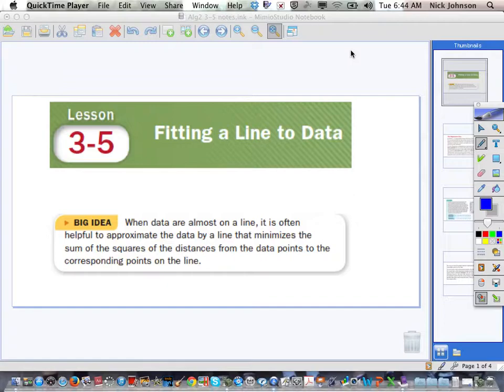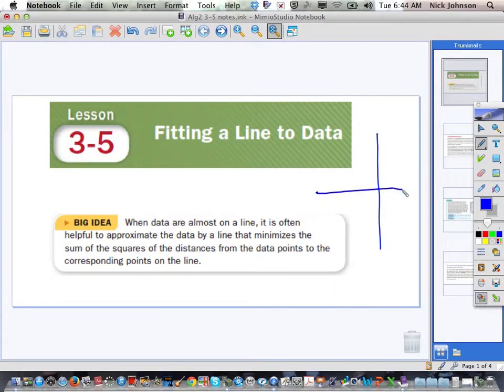3-5, fitting a line to data. When data are almost on a line, it is often helpful to approximate the data by a line that minimizes the sum of the squares of the distances from the data points to the corresponding points on the line. So what we're going to have here is a graph of a whole bunch of data points